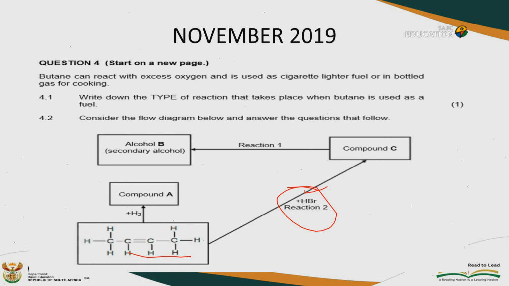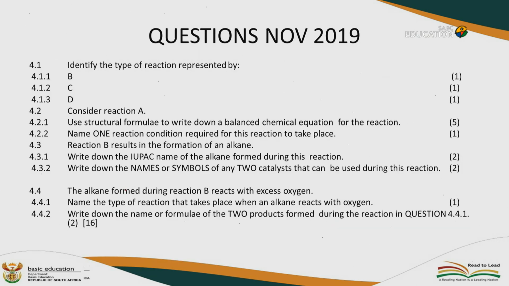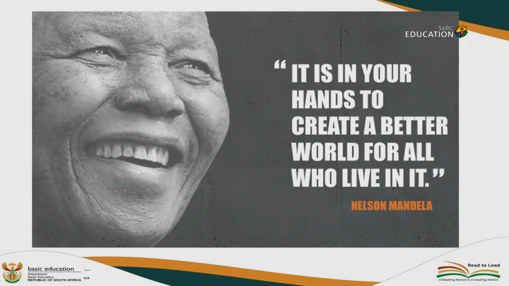So you will know the answer to that one would have been 2-bromobutane. Now, as you move now, you are adding the H2. You know that is hydrogenation. Hydrogenation, we talked about it. We said now you will form an alkane from but-2-ene. That will be butane. So you know that we have been able to move from that to that. That was from last year's exam. Those are the questions that they've asked. Now, without any